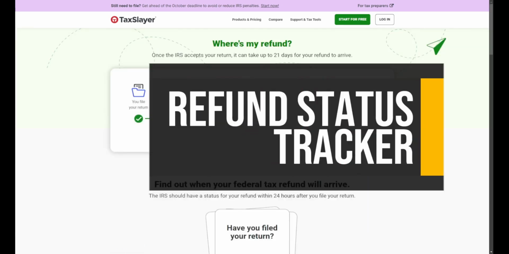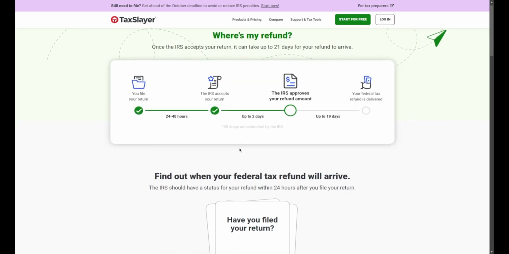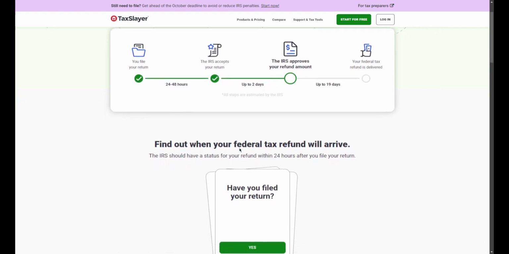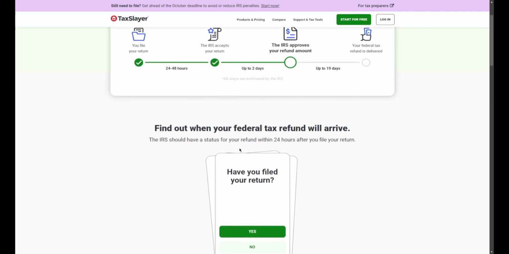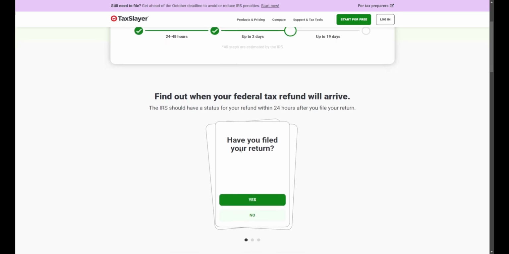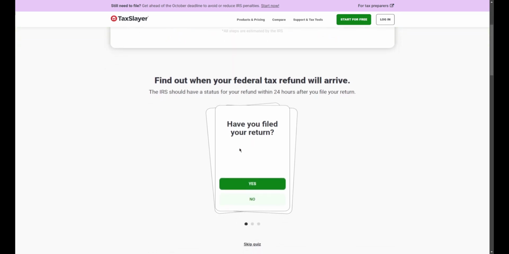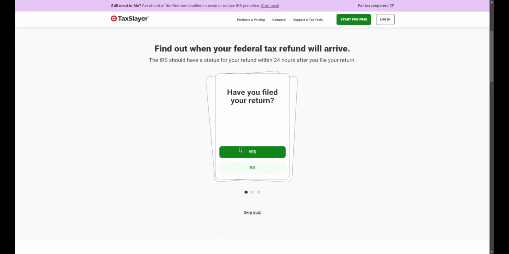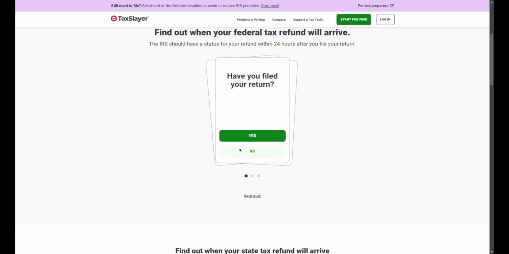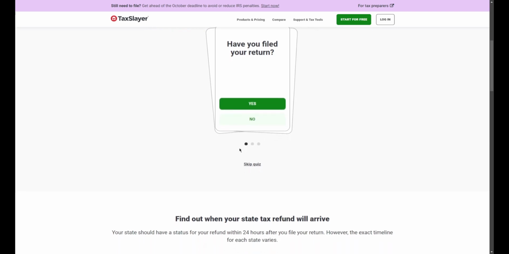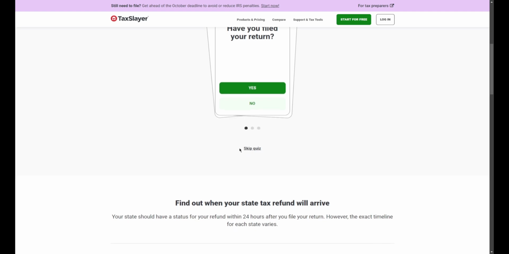Refund Status Tracker. The Refund Status Tracker provided by Taxslayer is an essential tool for users who want to stay informed about the progress of their tax refunds after filing. This feature allows individuals to easily check the status of their refunds, providing peace of mind during the often anxious waiting period. Knowing where their refund stands helps users plan their finances more effectively, as they can anticipate when funds will be available. The Refund Status Tracker is straightforward to use, making it accessible to everyone regardless of their level